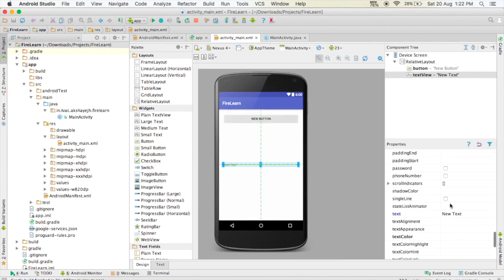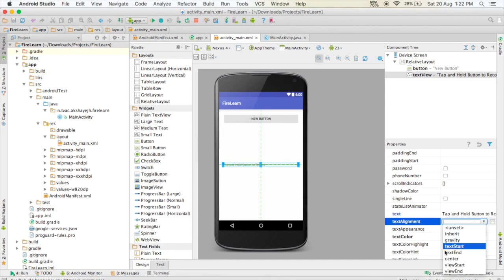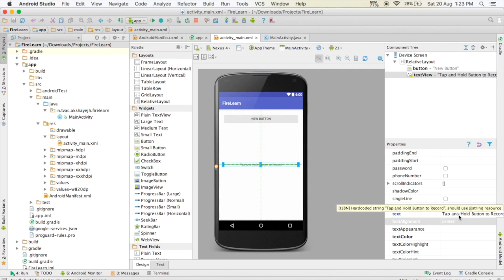Alright, so I'm gonna change the label to something that says tap and hold button to record. Now you can customize the function. Obviously it doesn't have to be tap and hold. You can create one play button, record button, and a stop button. You can also create a single button with two states, or you can also create a tap and hold. But mostly in the chat apps you may notice that there is tap and hold function for the audio record